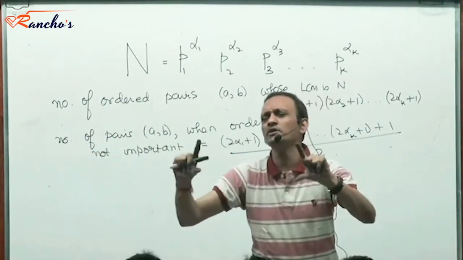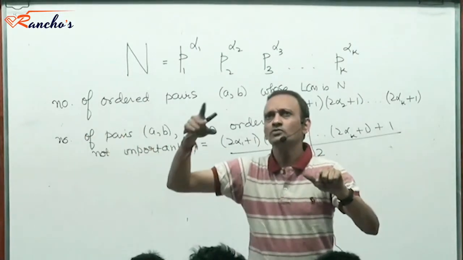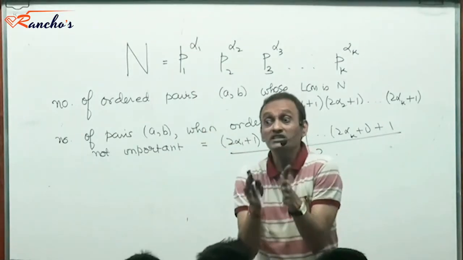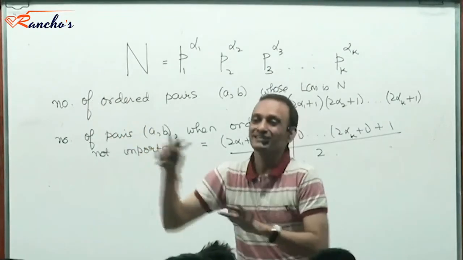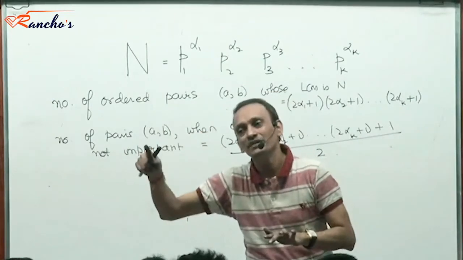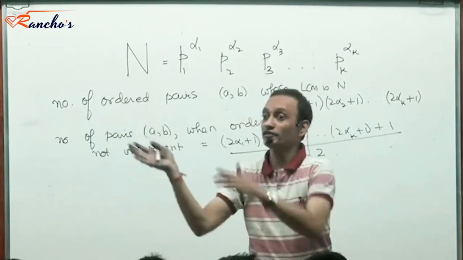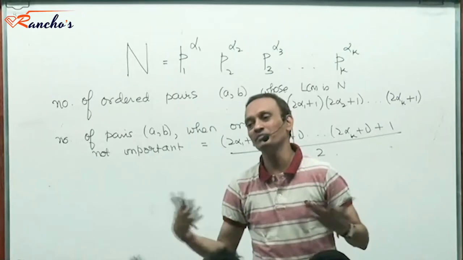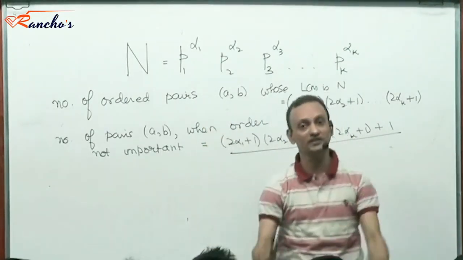See, suppose there are three numbers whose LCM is n, LCM of ABC is n. They'll have the same prime factors. So say it was 2 to the power alpha 1. Then maximum of alpha 1, alpha 2, alpha 3 will be 3. So you'll have to find all cases where one of them is 3, the other one can be anywhere from 0 to 3, 0 to 3, so 4, 4, 8. 8 cases, isn't it? That is what you'll have to do for each of the ABC. You can do that for any number of numbers. You got my point now? That's what you need to do if there are 3.